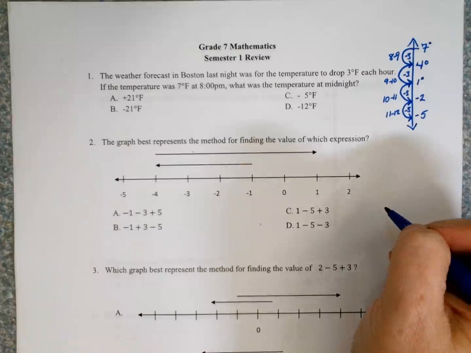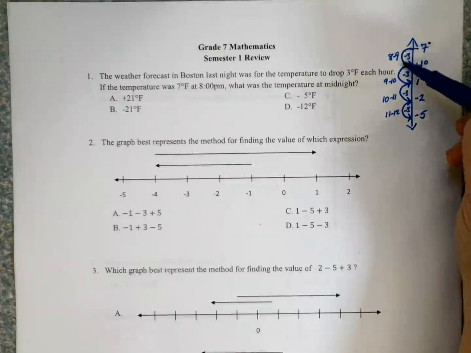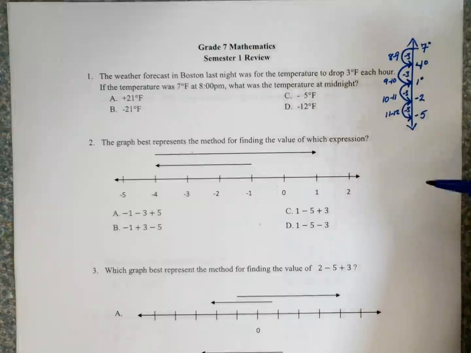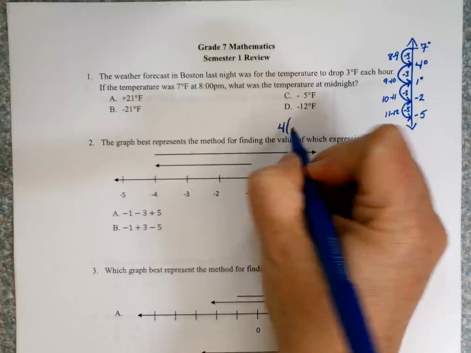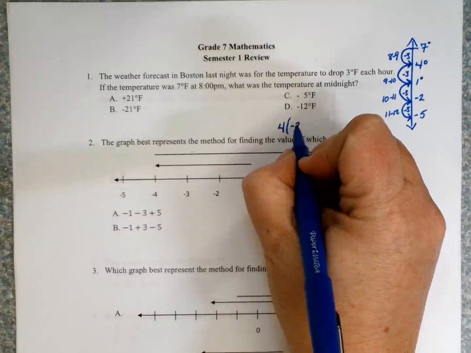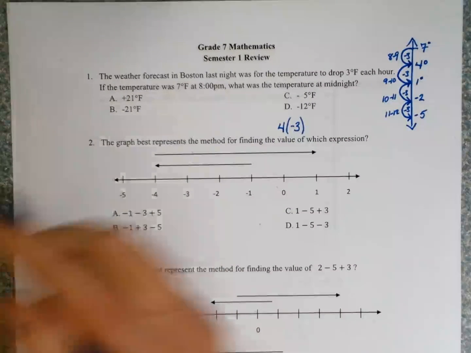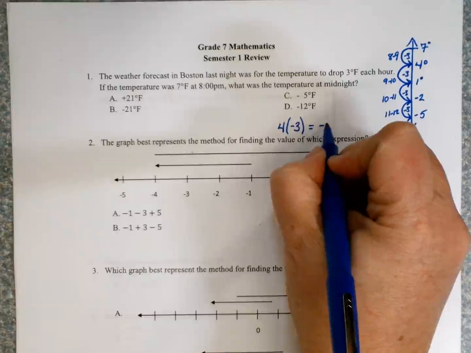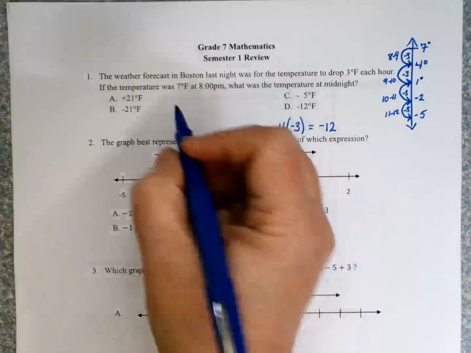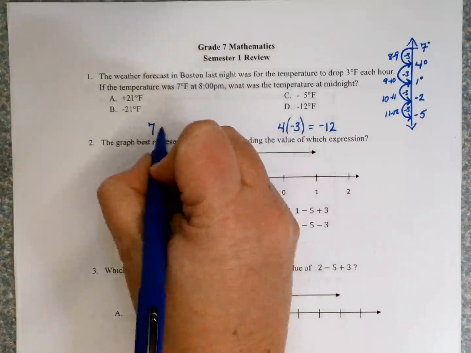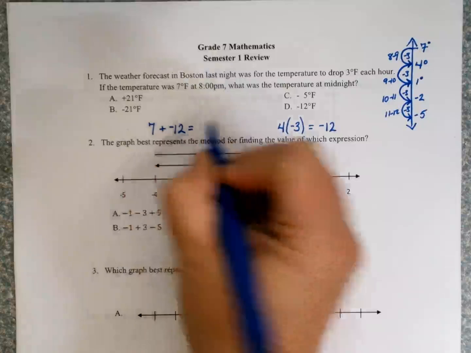Okay. The other way I could have done it is, how many hours did I have? I had 1, 2, 3, 4 hours. So I had 4 hours times a drop of 3 degrees at every hour. So that would give me a negative 12 degrees. Okay, it's going down 12 degrees. If I started at 7 and I added negative 12, I'm going to wind up